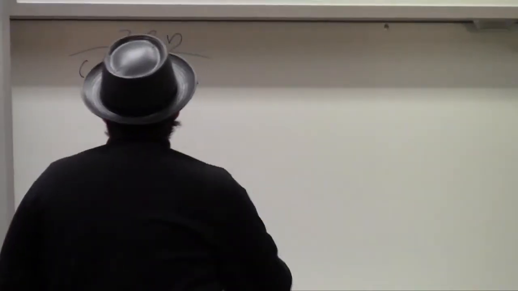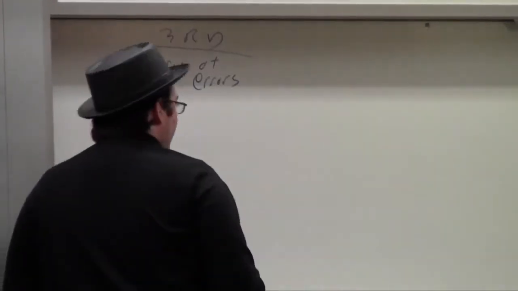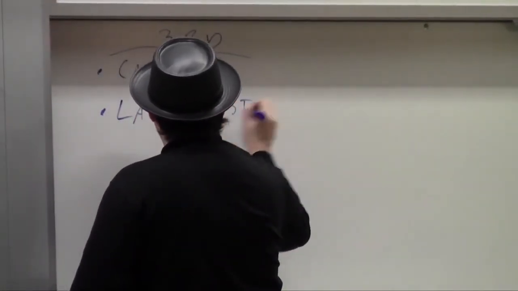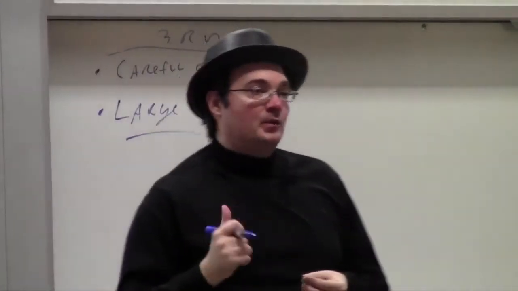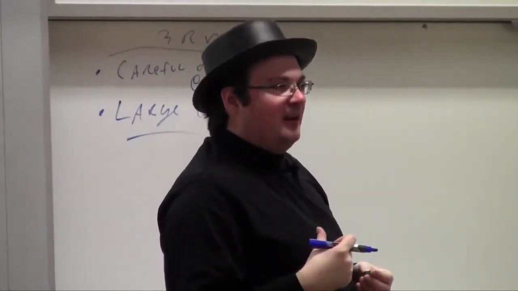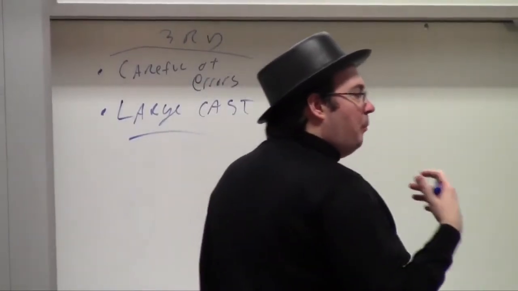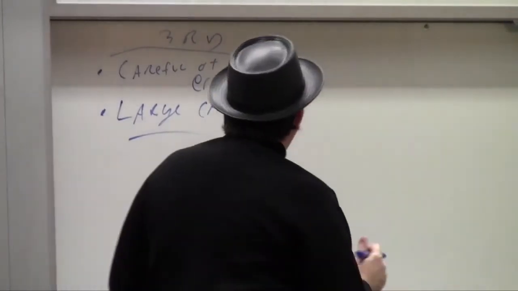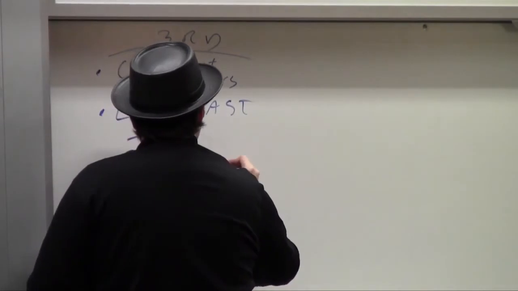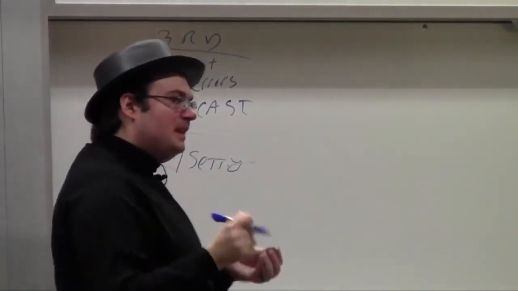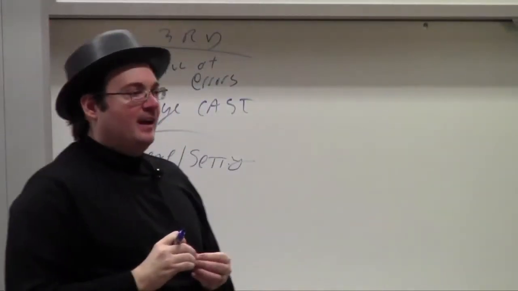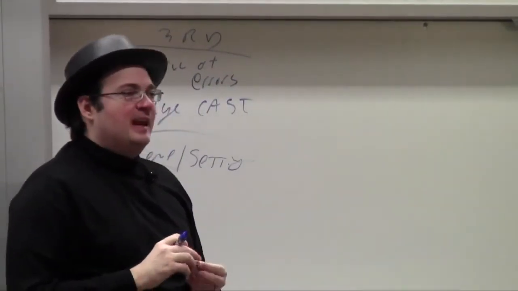But careful of errors. Third person, though, what it can really do is it can do a large cast better, because you're being constantly reminded of the character's viewpoint and their name as you're writing, whose viewpoint you're in. It can really help you pull into a scene. It sometimes is better for a scene and setting of the immediate nature.